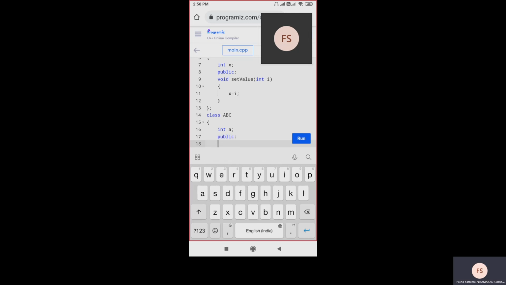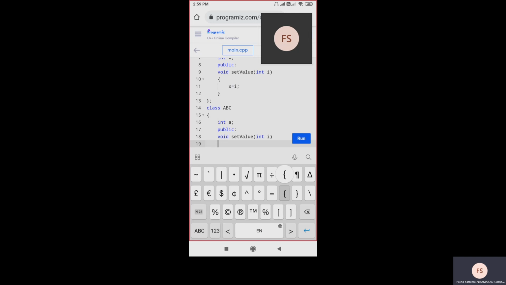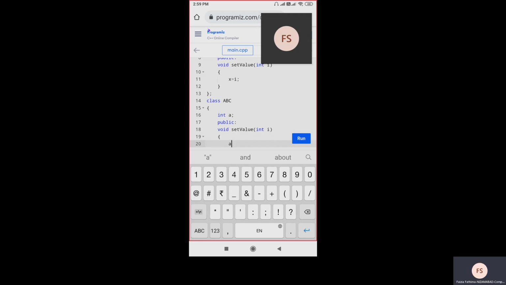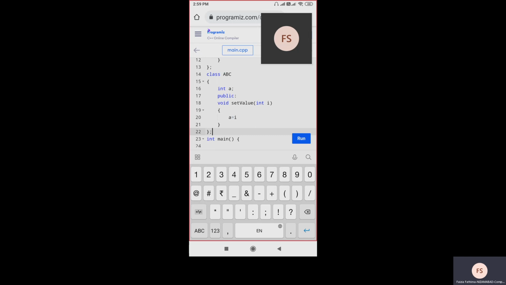Here also I am taking same member function, set value int i. Okay, after that here also I am giving the value a is equal to i. Okay, after this I am closing this function. So whatever private data is in XYZ cannot be accessed outside, and whatever is the private data in ABC cannot be accessed outside, which means x cannot be accessed outside, here a cannot be accessed outside.